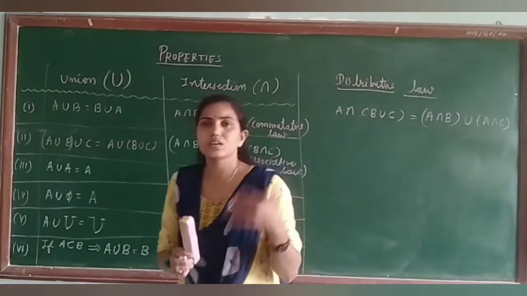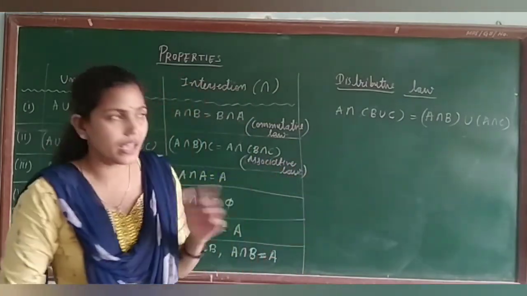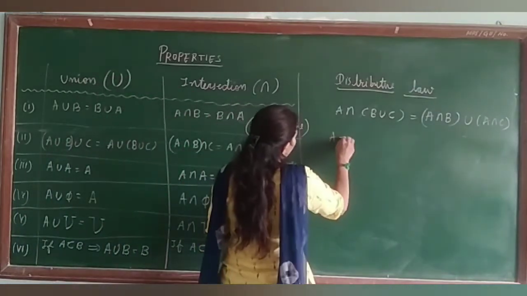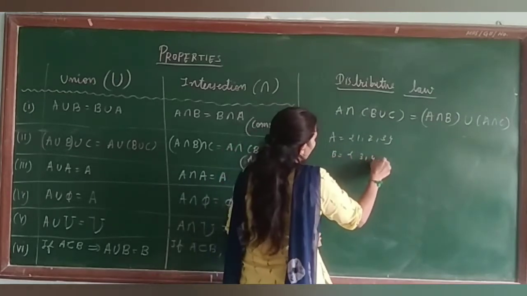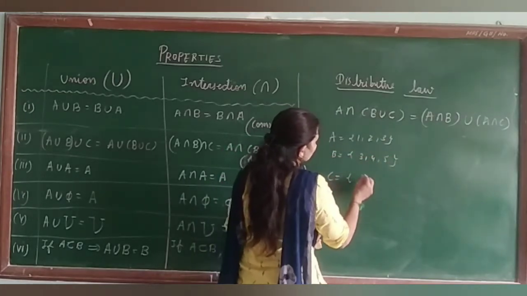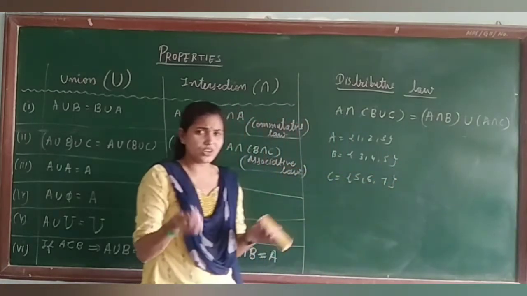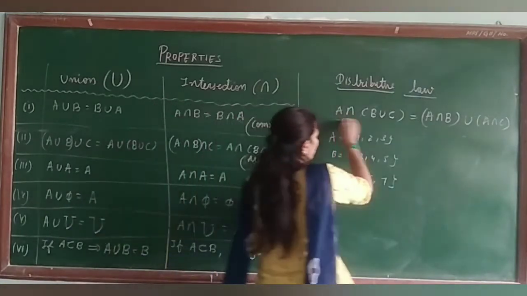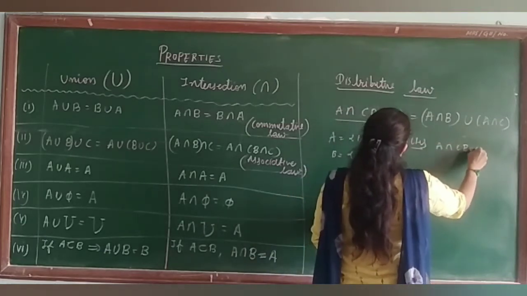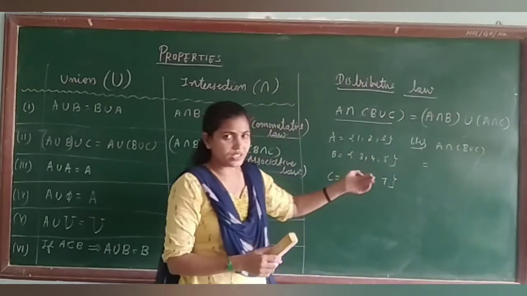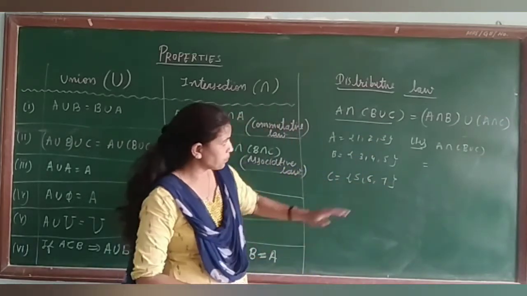This we can prove by taking different examples of A, B and C. So if you take A equal to {1, 2, 3}, B equal to {3, 4, 5} and C equal to {5, 6, 7}. Any set you can take of your choice. Then you can find out first the LHS. What is LHS? A intersection (B union C). I am just a little bit fast in this because I just want to prove this. In the questions we will go slowly.